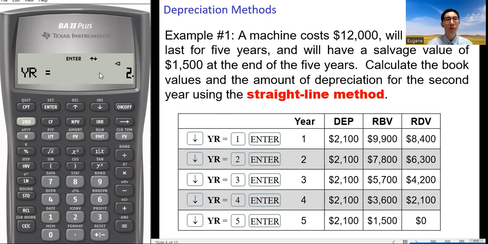This will jump from 1 to 2. And then press CPT again, increasing it by 1, you get YR equals 3. Say I want to get the information regarding the 3rd year. So here YR equals 3, and then I press the down arrow key to get the necessary information. DEP 2,100, RBV 5,700, and then RDV is 4,200.